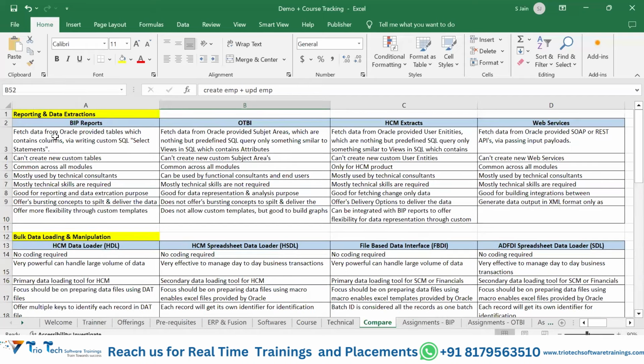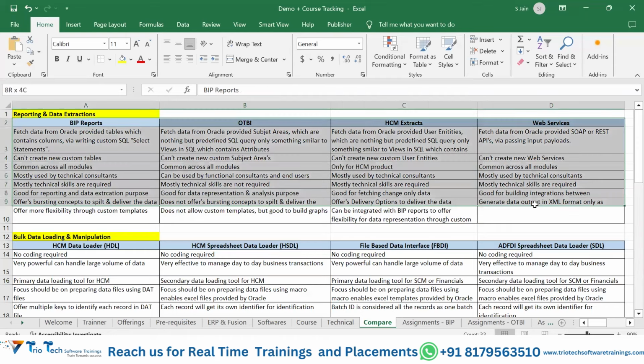we are learning different sorts of tools. As a Fusion technical consultant, there are two major streams, whether we are working as a data extraction specialist or as a data loading specialist. So guys, for data extraction we majorly have these four technologies available. Okay. Once we are learning all these technologies, you should not be working as a developer, you should be working as a consultant. So to be a consultant, you need to have a good fair amount of